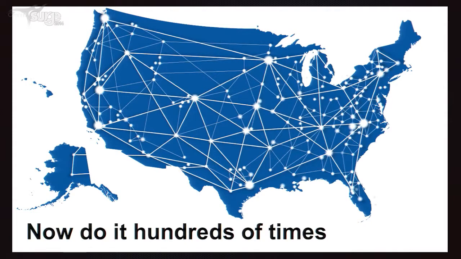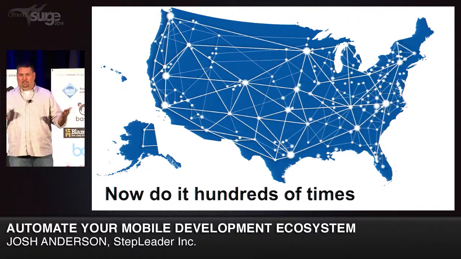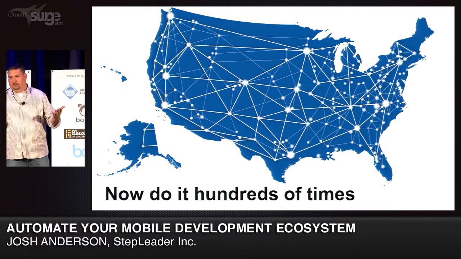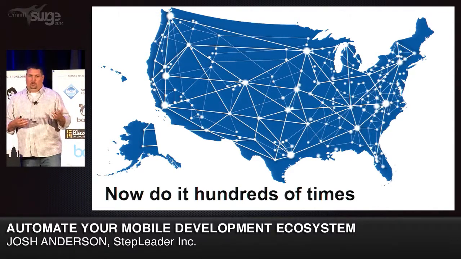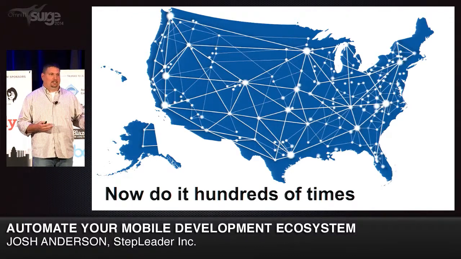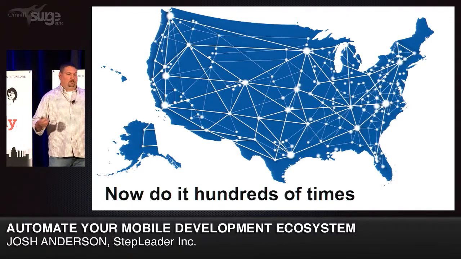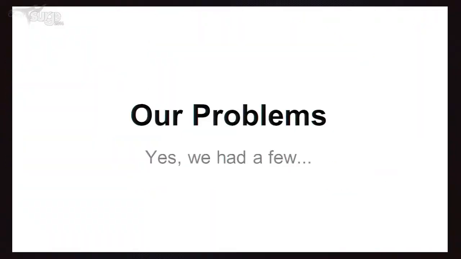Now again, we have those 3 stores times 200 apps. Everything's different. Every app was customizable. So ABC wants their app to look different than Fox, even though they're in the same city. So we had to do a lot of work to build a customizable UI that was configurable for them so that we could make it easy on ourselves and have a single app, but Fox and ABC could run the same app, and you wouldn't know it. So there was a lot of work we had to do to make sure that happened. So that's a bit of our business. I'm going to talk through the problems that we had.